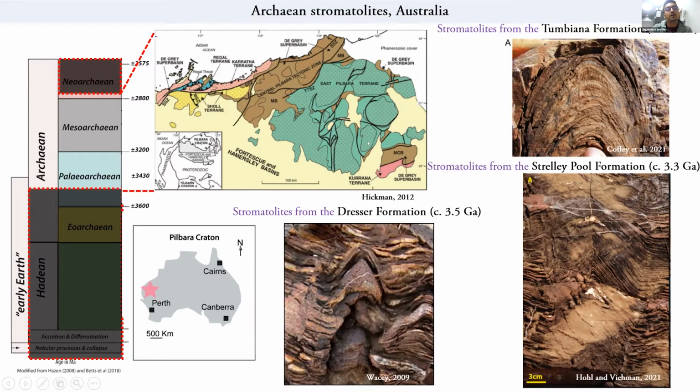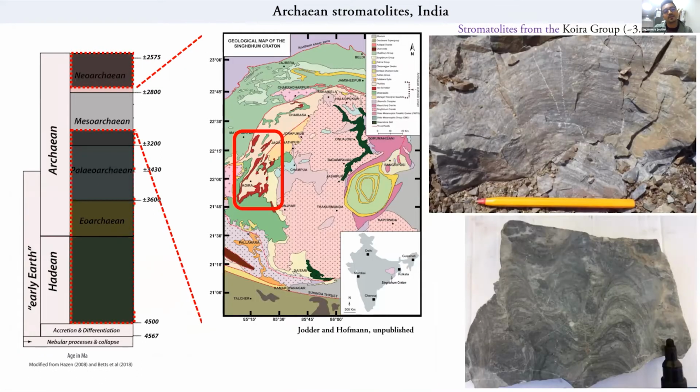And if we happen to visit India one day, if you would be in the East Indian Shield, you would be visiting states of Odisha and Jharkhand, where you would come across the Singhbum Craton, which is situated in these two states. And there you would come across volcano sedimentary rocks, which are also colored here in lighter green and also deep green. So this is the area where I conducted my PhD.